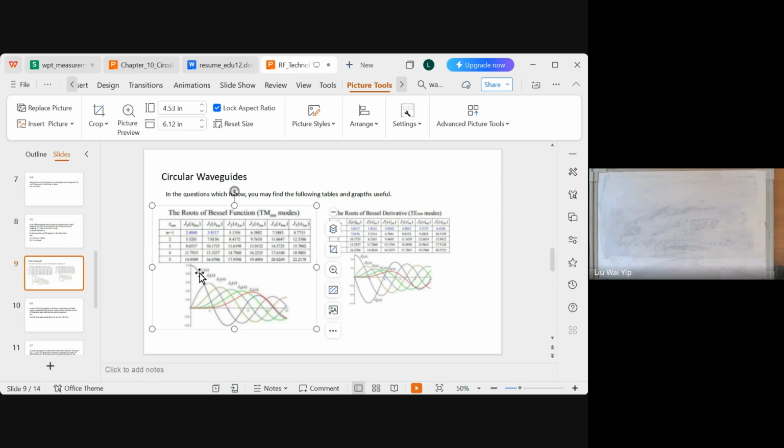For each order, for example, you get multiple roots, and all the roots can be found in